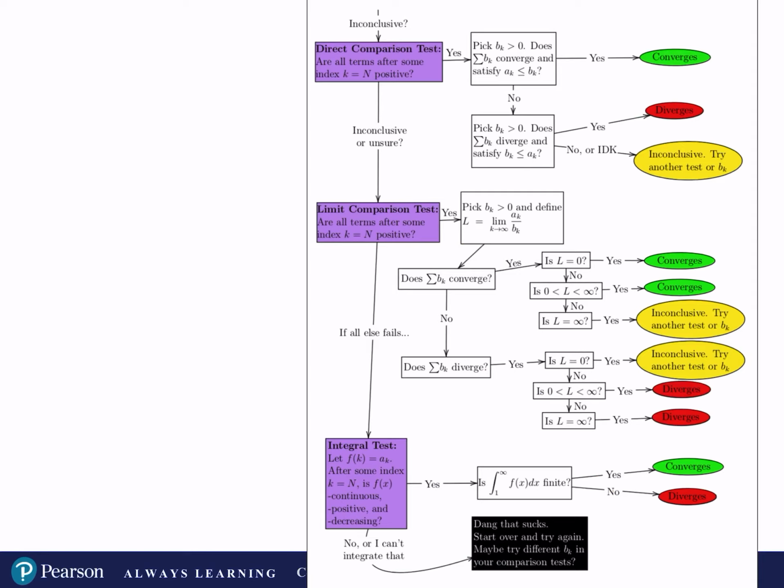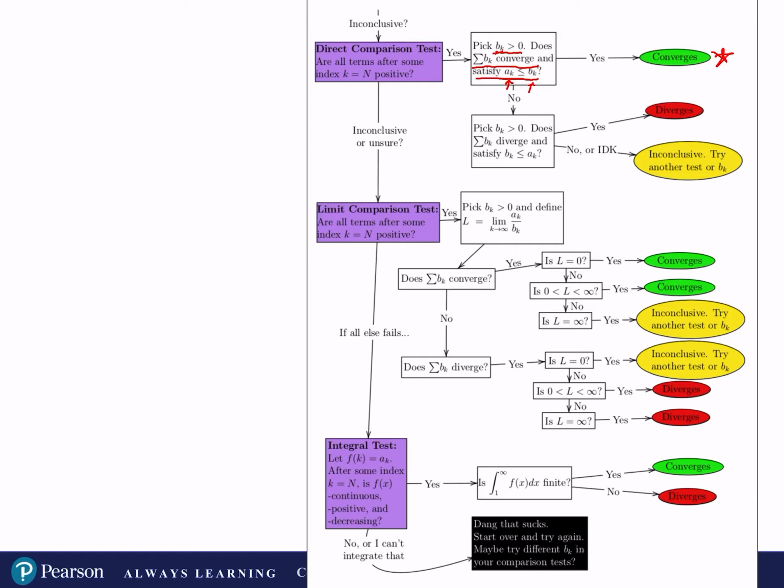Continuing, if that was inconclusive, we might consider using the direct comparison test. We're going to pick some bk, it's got to be positive, and we ask ourselves, does the sum of bk converge and satisfy this inequality? Is ak less than or equal to bk? If that is true, then it converges because the larger series converged, right? Because ak here is smaller and the sum of bk converged, so the sum of ak is smaller and must